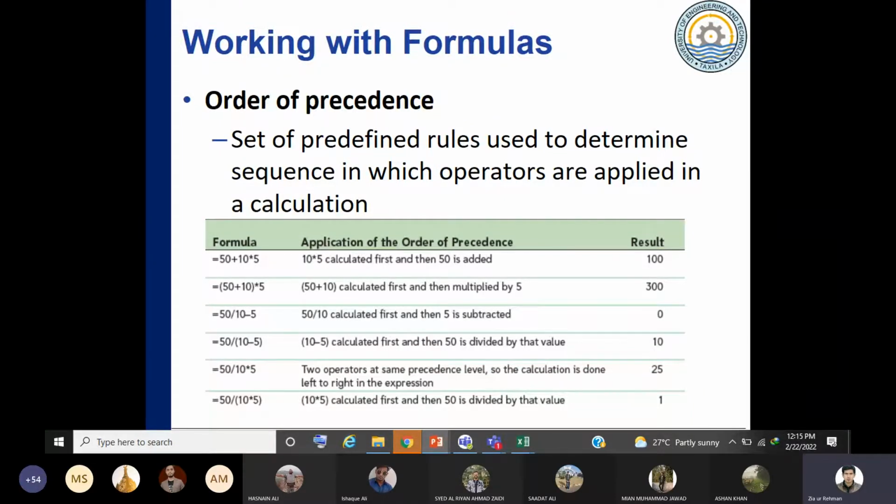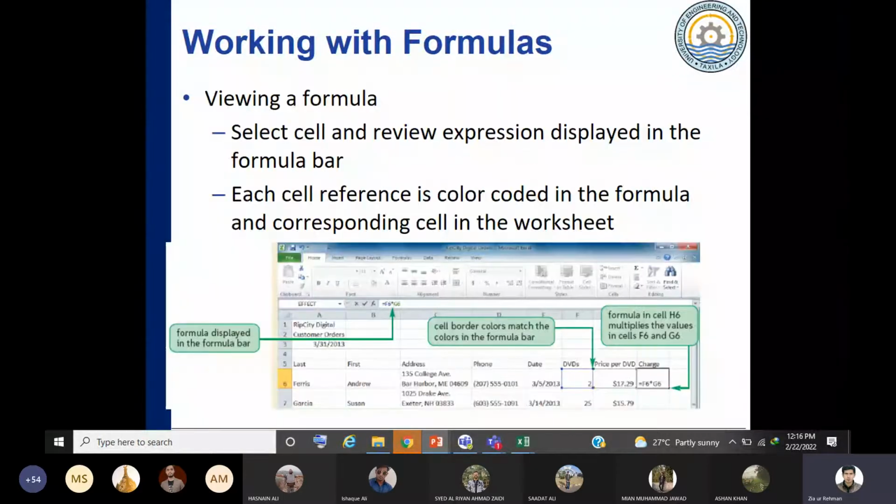So it would first solve the values in the bracket, and even if there are different brackets inside, it would first solve the main bracket and then solve the values in between. So you should make formulas accordingly. You should know these precedences and then make your formulas accordingly.